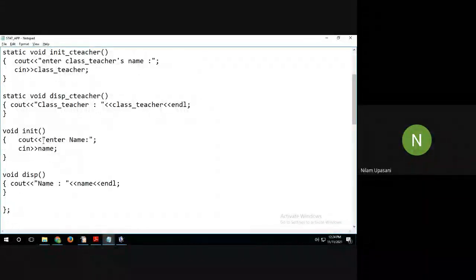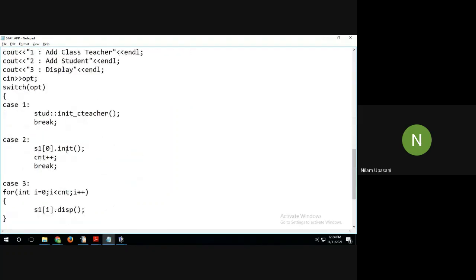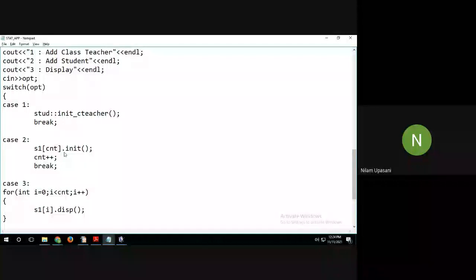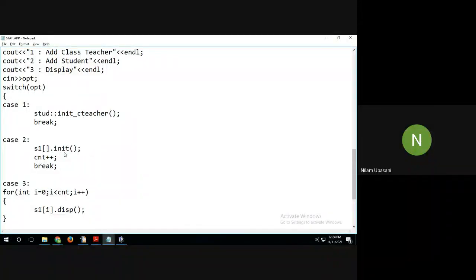Inside init we take the name, roll number, whatever you want; I have taken only one variable. I'm taking the name as input, and it will get stored in S1 of 0. Then I'm incrementing count by 1, because count is what we are using. For the next iteration, count should be 1 for the next student, then 2. So each time this count value to be